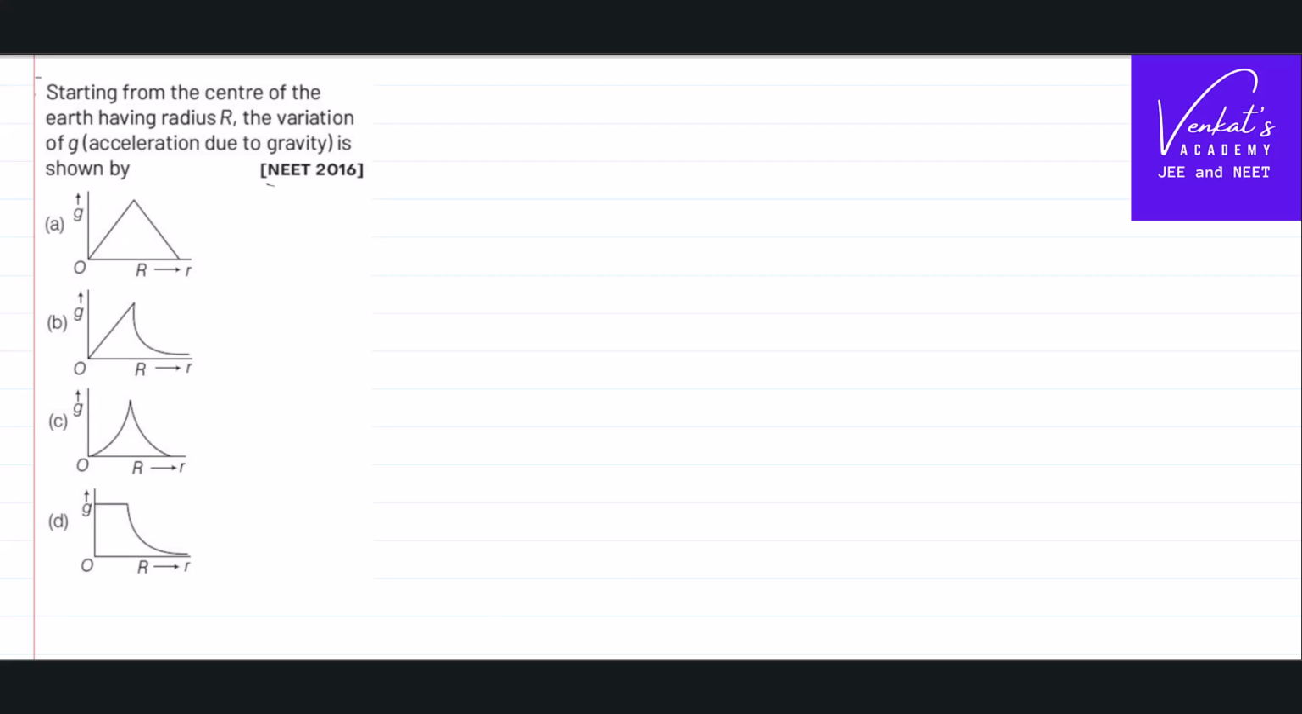This is the NEET 2016 question. The question is like this: starting from the center of the earth having a radius r, variation of g is shown by what graph correctly, right? So first of all,